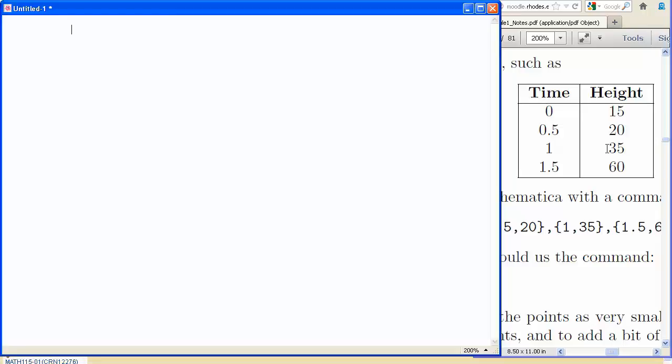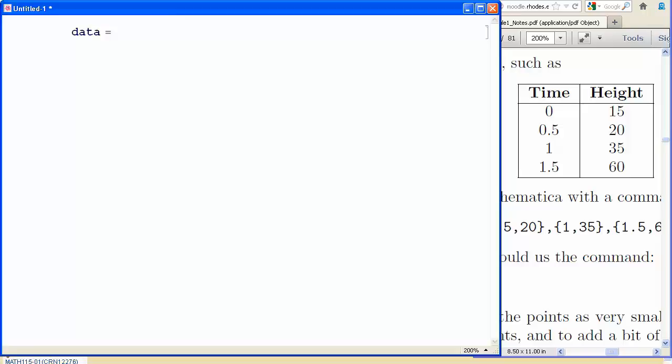So how do we enter data into Mathematica's memory? Well, we have to enter in a list, because we've got a list here of 4 points that we want to enter, and we're going to give it a name. We'll give it a name so that we can refer back to it later. We could call it anything, just like with the plots. I'm going to be boring and call it data, but you don't have to be. You can call it anything. You can call it Esmeralda if you want, but we write in the name and then equals, and then start